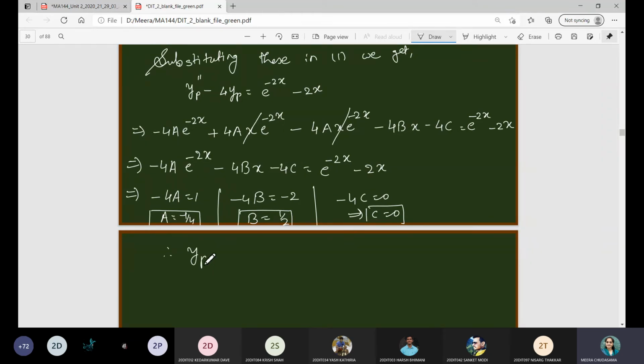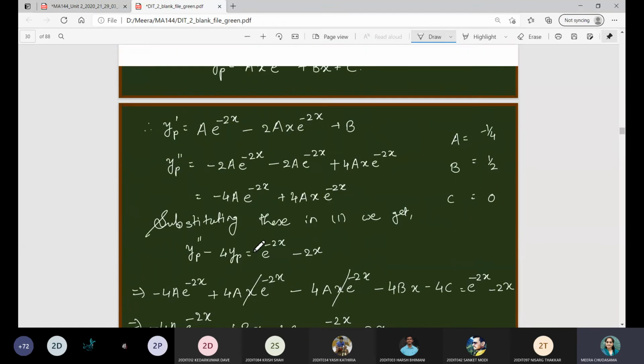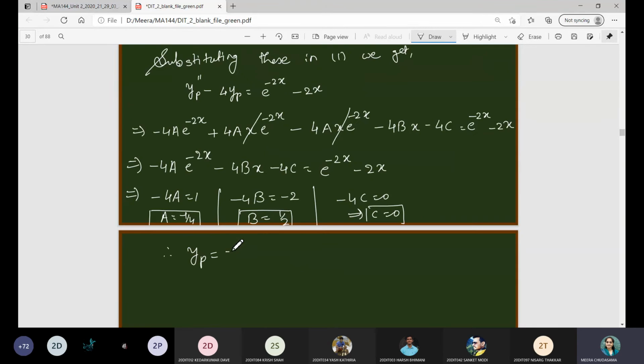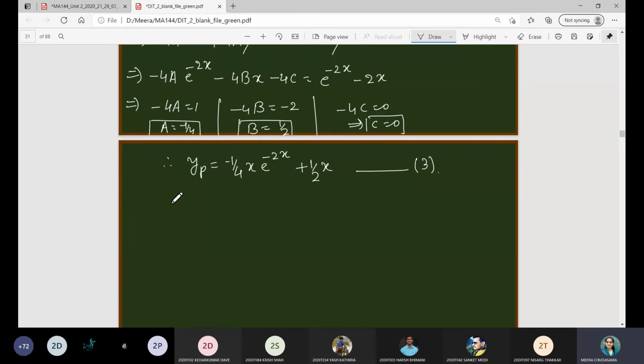So therefore yp is equal to, so now one by one we will substitute the values of a, b, c. So it is minus 1 upon 4x e raised to minus 2x plus bx. So b is 1 by 2x plus c, c is 0. So this is the particular integral. Let me give it equation number 3. So after having equation number 3, I can write from 2 and 3, the general solution of 1 is given by,